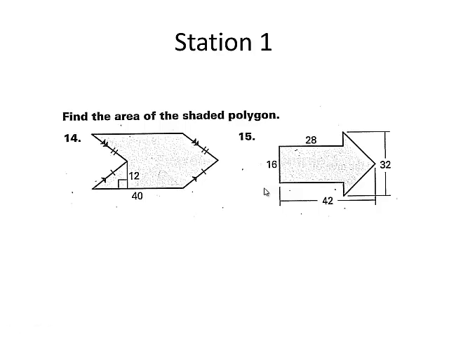Okay, this is Station 1. We are asked to find the area of the shaded region. What I see here for number 14 is kind of a complicated figure. But if I do one thing and just draw a line right here, that actually splits it up into